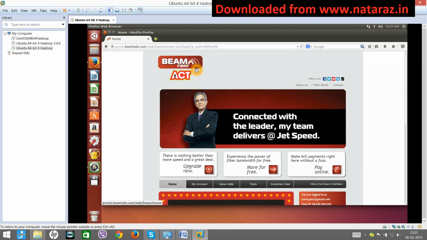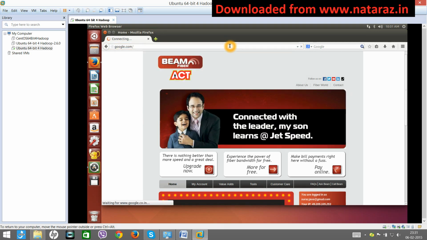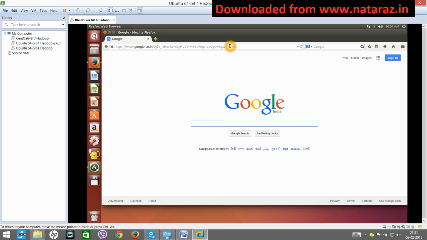Now my internet is working well, I see google.com, and my files are also shared properly between Windows and Ubuntu.